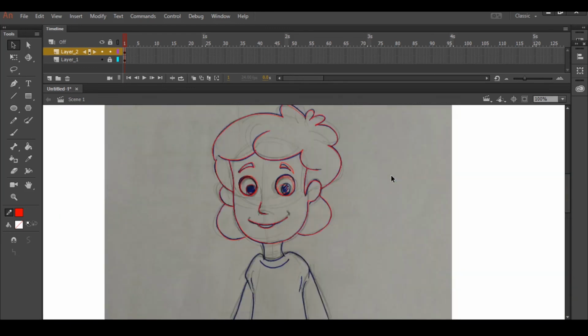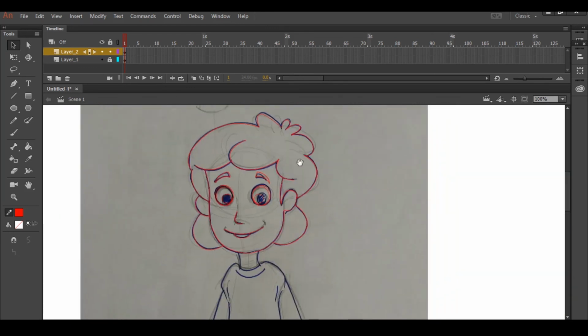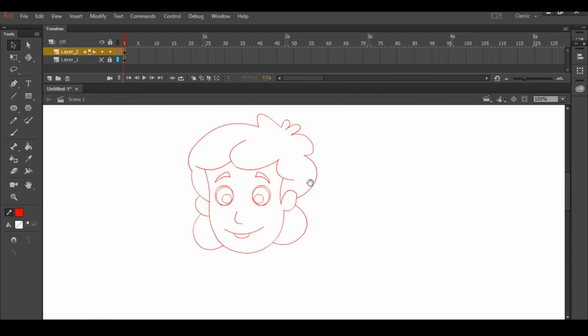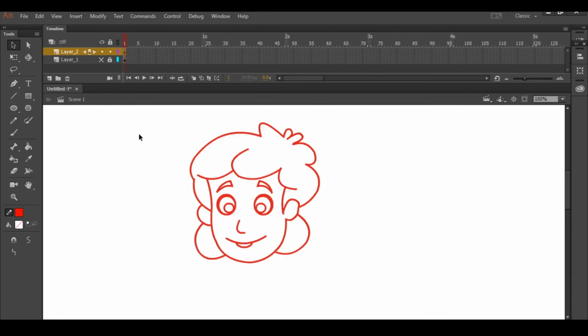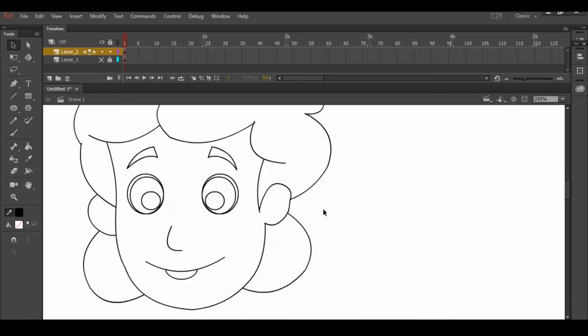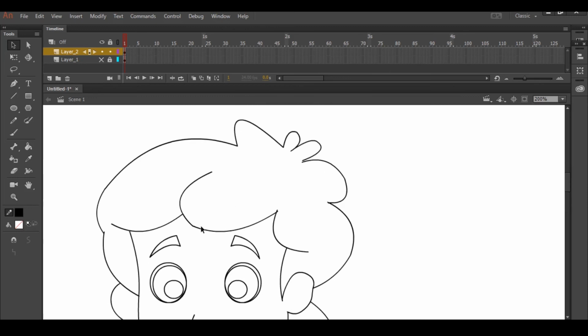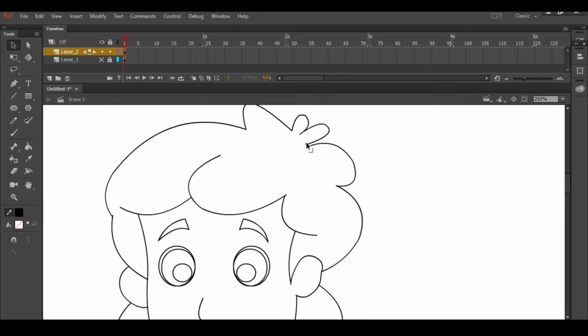So this is like the first half. Now if you want to see your work, just hide this layer. See, this is your work. You can select these lines and just change them to black color. Done. See, this is your work. So if you have some small things missing here, you can just edit that, zoom and check. See, there is a gap. So see that there won't be any gaps when you are working.